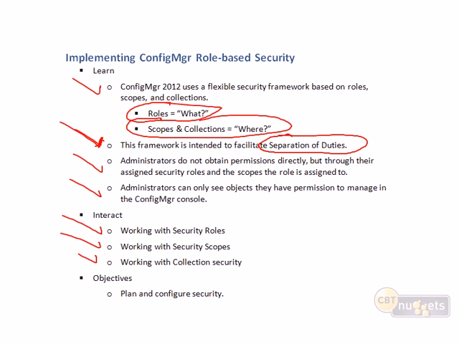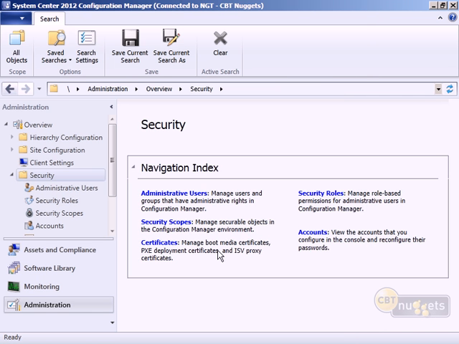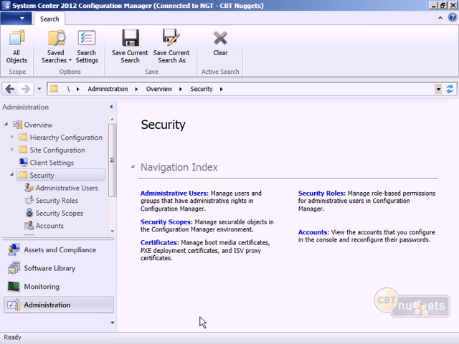And you kind of wonder why you would separate out collections, but it actually makes a bit of sense. There are different buttons you're going to click whenever you're dealing with collection security, and just figuring out where they are. If you listen to this nugget, you'll get a leg up on the massive amount of scratching your head because you can't find the little padlock icon on your collections. So let's spend a minute or two talking about these different security items here on our config manager server and